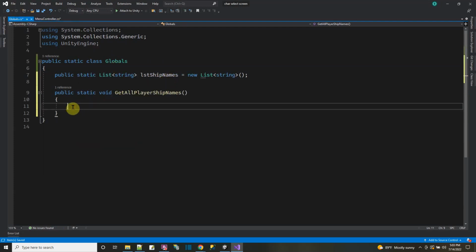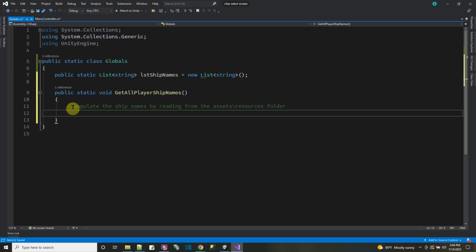So now let's do that in this function here, something to populate that. So what I'm going to do is populate the ship names by reading from the assets resources folder. Okay, so if I have 3 ships in there, there'll be 3 ships on my menu. If I have 4 ships, 5 ships, 6 ships, there'll be that many ships to select from. For each string file in directory dot